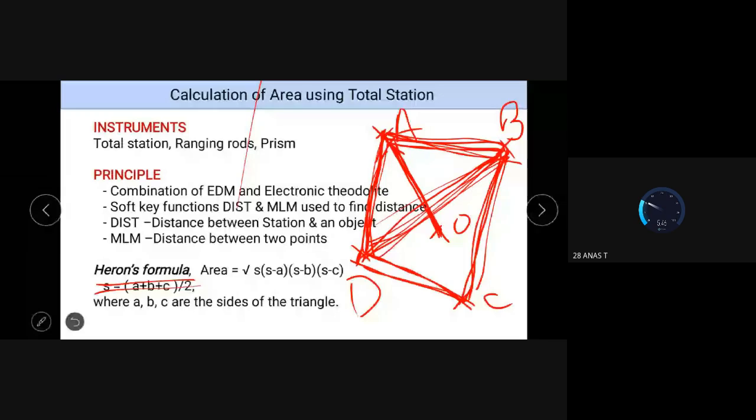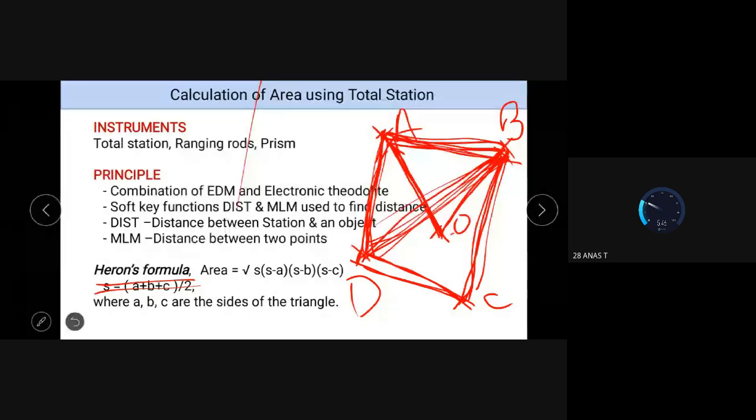Next we will be viewing the point B. The infrared rays are received back, and after that we will first press the button dist. We press this because we have to identify the point B, then only we can find the distance between A and B. So we first press dist, so that we know OA. After that we will press the button MLM so that we get the distance AB. Hope you understand.